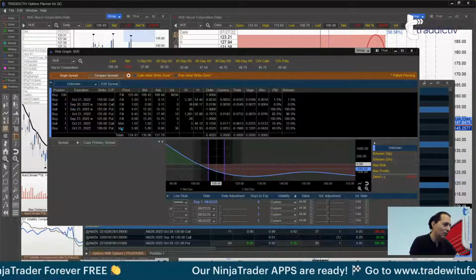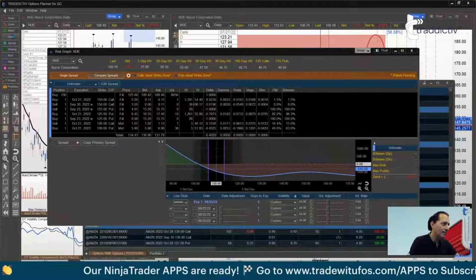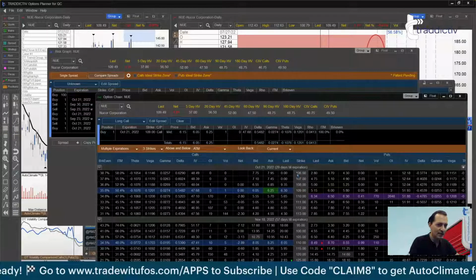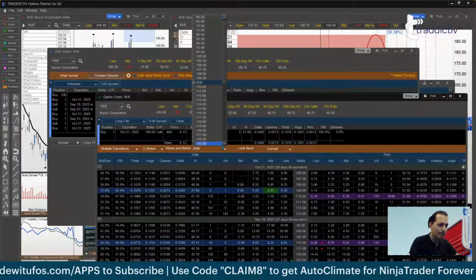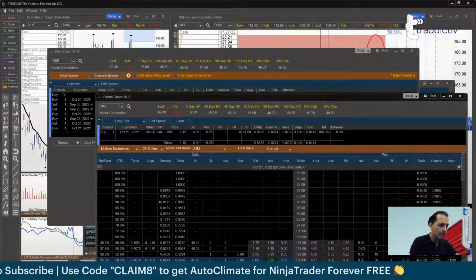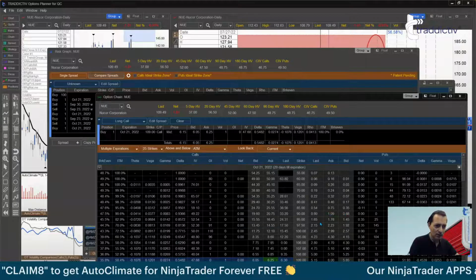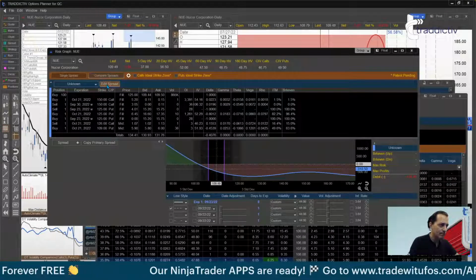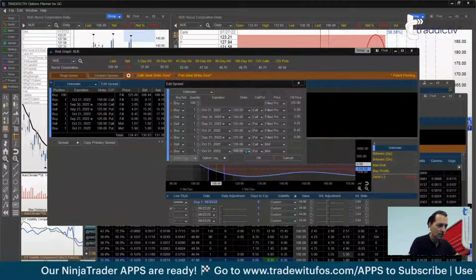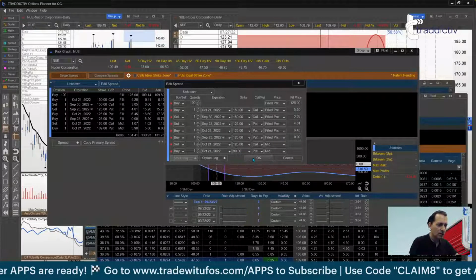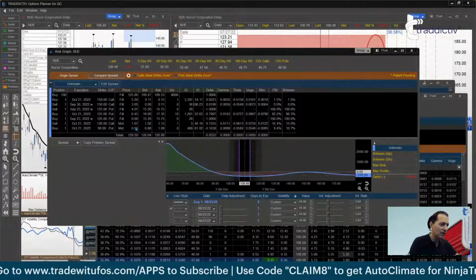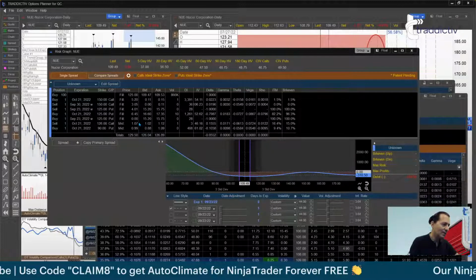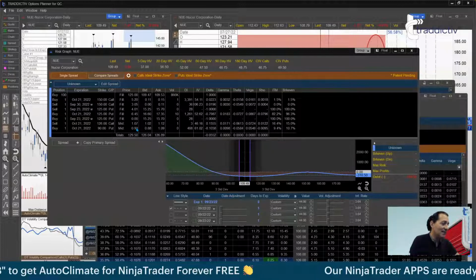So if I want to find a put which is only 1, let me very quickly look at the option chain. If I look at October 21st, I'm looking at a put which is like $1. So $1 is going to be the 90 strike. So if I do the 90 strike, the 90 strike is costing me 99. So I get paid 1. I have to pay 99. I get a little bit of a tiny credit.